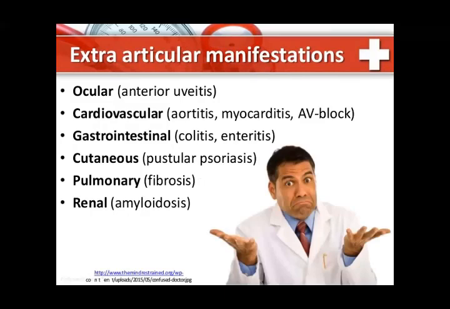Extra-articular manifestation again: we will see the ocular, where you will have anterior uveitis; cardiovascular, aortitis leading to aortic regurgitation, myocarditis, and you can have conduction defects, even AV block. Gastrointestinal, you can have colitis like Crohn's associated and ulcerative colitis associated, and cutaneous, you can have pustular psoriasis. Pustular psoriatic rash can be a part of your spondylitis. Pulmonary manifestation like apical fibrosis and renal involvement leading to amyloidosis. So, ankylosing spondylitis is a chronic inflammatory process involving the spine, sacroiliac joints, and as part of extra-articular manifestation may present